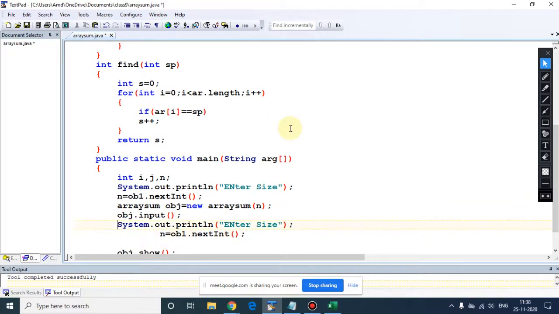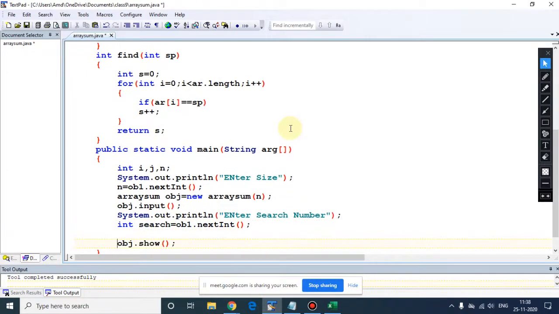Now see. So now enter the search number, and now I have used int search equals ob1 dot nextInt.